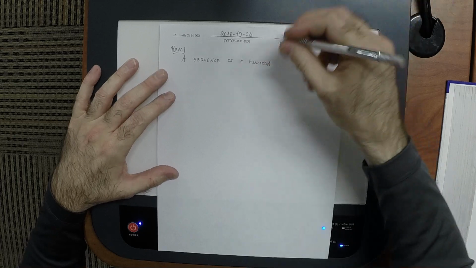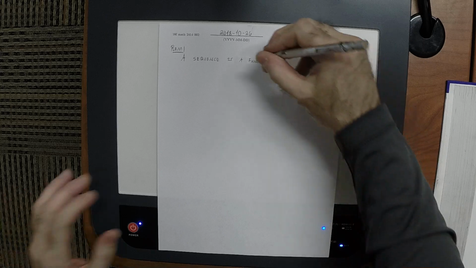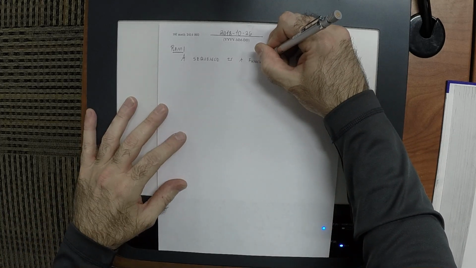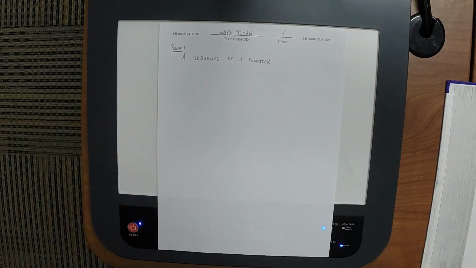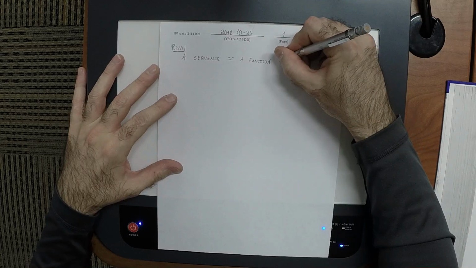When you're writing functions down, a typical name for a function is f, probably because the word function starts with an f. But when you're writing sequences down, usually you write a or something. I don't want you to get too emotionally attached to any of those names, so I'm going to say that the sequence's name is x.